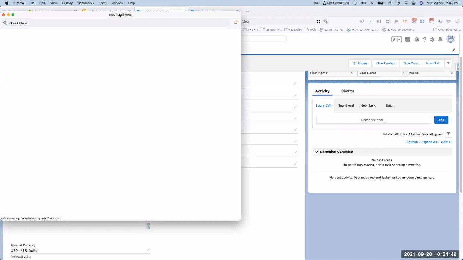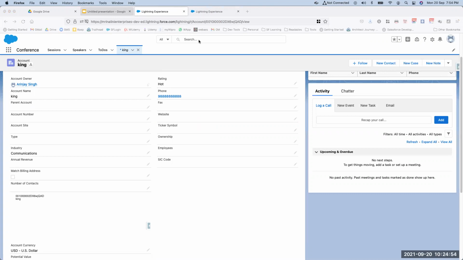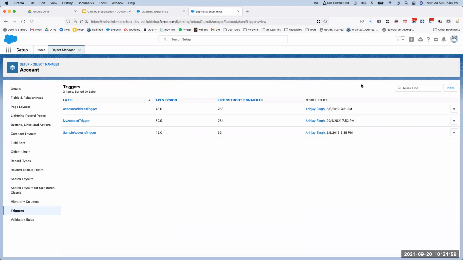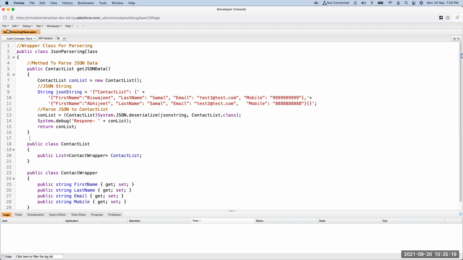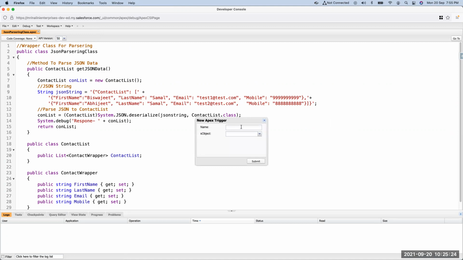So you can write the code in the developer console. Where do I open the developer console? You can go here: File, New, Apex Trigger. Name of the trigger.